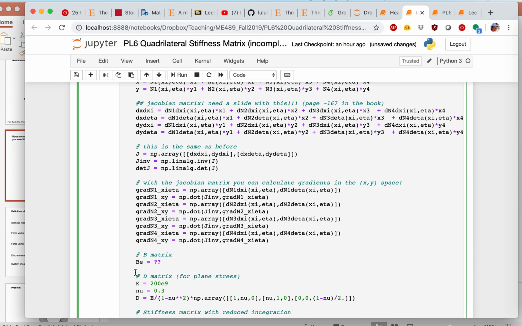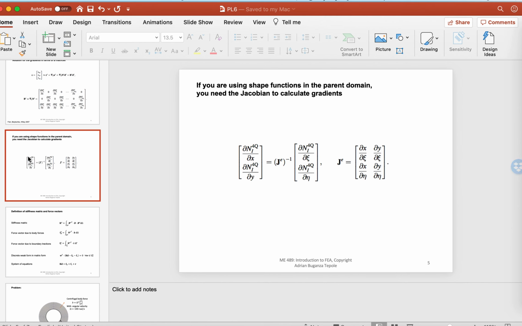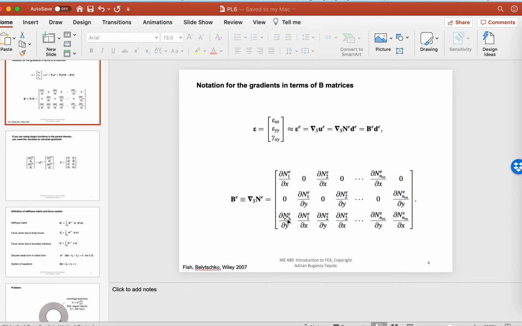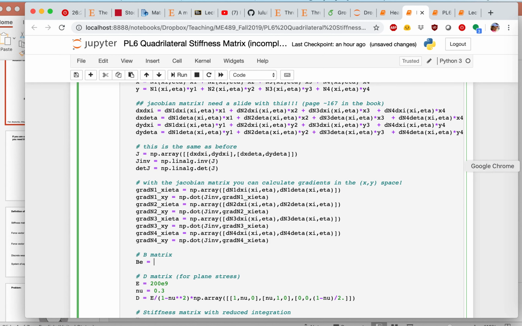Now I can assemble my B matrix. So the B matrix is always this 3 by 2 times the number of nodes per element. So in this case, 3 by 8. And you can see that for the first row, it is going to be derivatives with respect to x intercalated with zeros. So I can write that. This is going to be an array, right? And it's going to have 3 rows. For the first row, I need